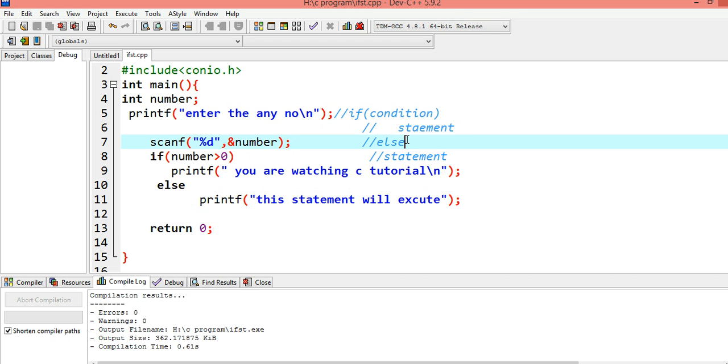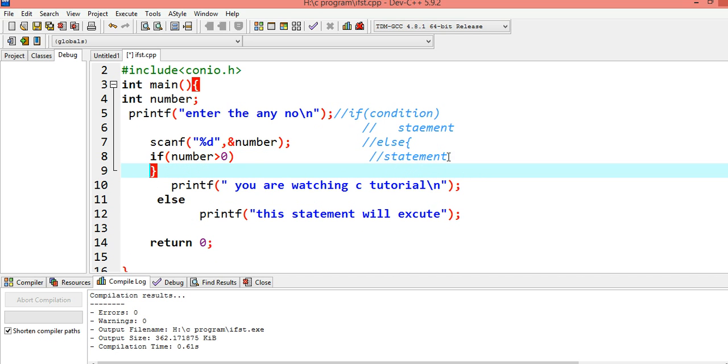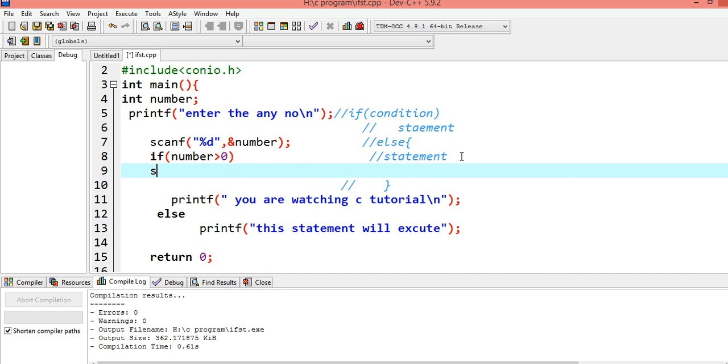In else there may be multiple statements, so we have to use braces.